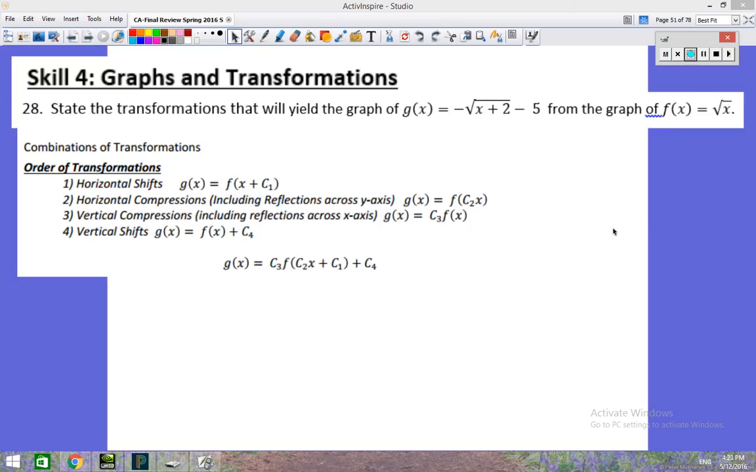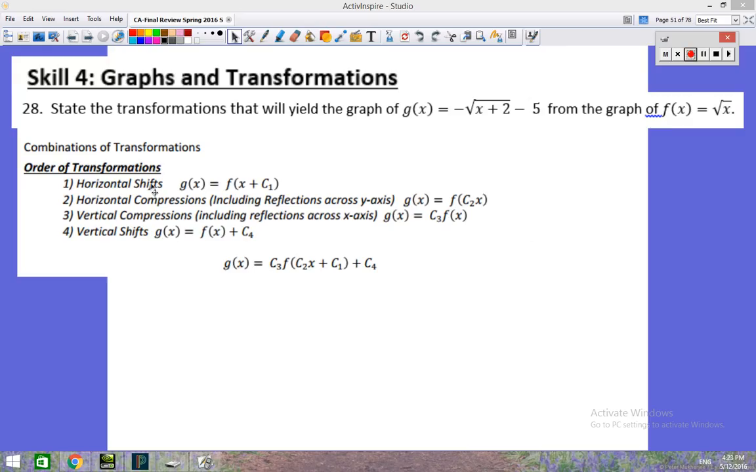I went and looked at Skill Packet 4 and copied and pasted the order of the transformations, because order is important. You just can't come in and start reflecting and shifting left or right or up and down without doing it in some kind of order. Now, there are different orders that will work. The order that we agreed to use, the order that I know will work every time, is first